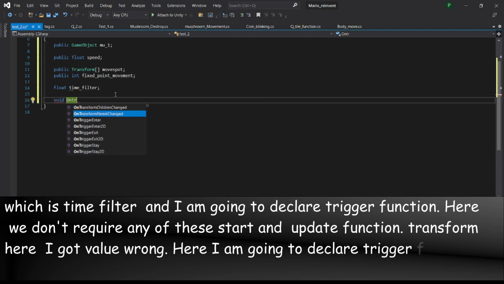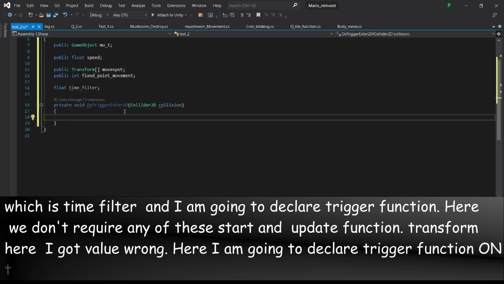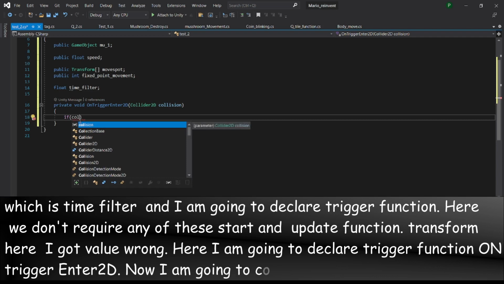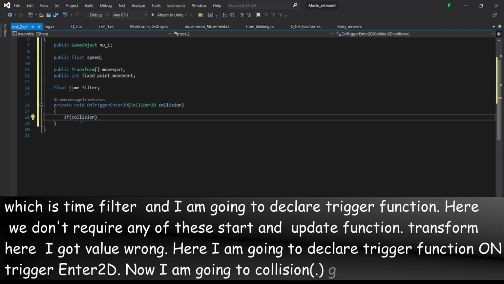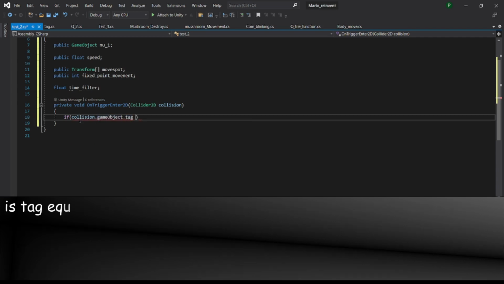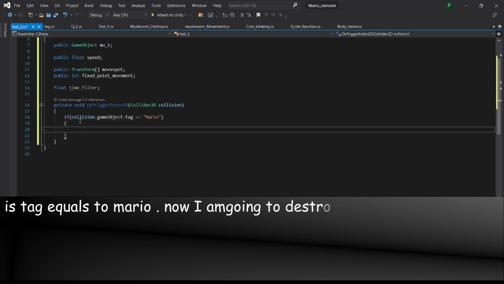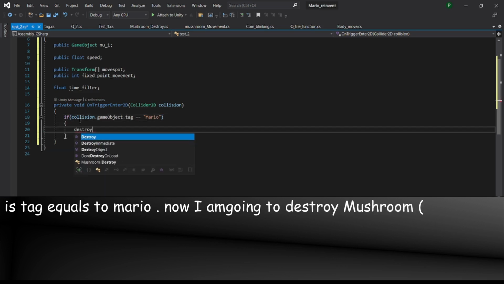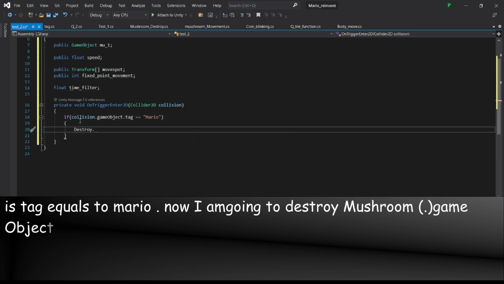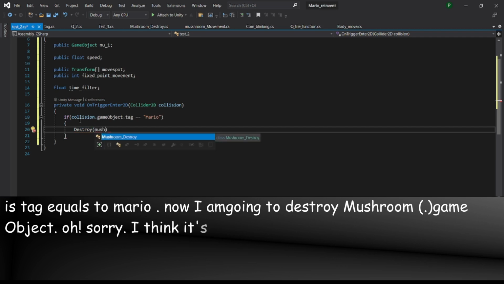OnTriggerEnter2D. Now I'm going to check the collision. So if collision dot gameObject dot tag equal to Mario, now I'm going to destroy mushroom dot gameObject.